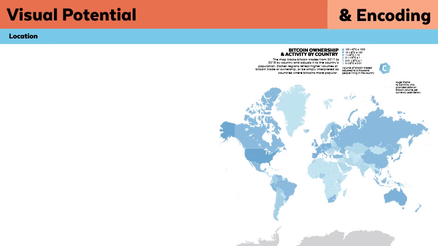Visual potential of location shows you where something is relative to each other and can be exploited to show how different regions differ from each other through using shapes corresponding to countries and regions that viewers may be inherently familiar with. I've used location through the use of a world map to visually communicate the volume of Bitcoin traded by a country's currency adjusted to its population. I've done so through using color to encode this information, with darker regions having more and lighter regions having lesser trade. I've chosen blue